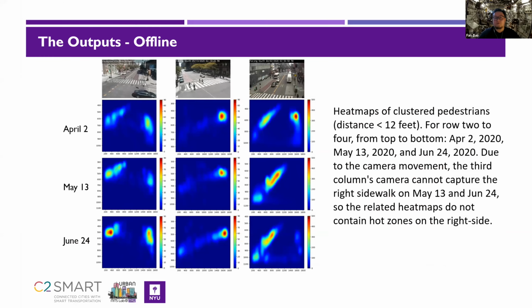Okay, so we also have some heat maps. The heat maps will highlight the hotspots where pedestrians are in close contact. In this plot, we use 12 feet as a threshold, and it is important to mention that this heat map does not represent the pedestrian densities. Instead, they illustrate the detection areas that capture a distance of less than 12 feet between two pedestrians, which means it is a cumulative effect.